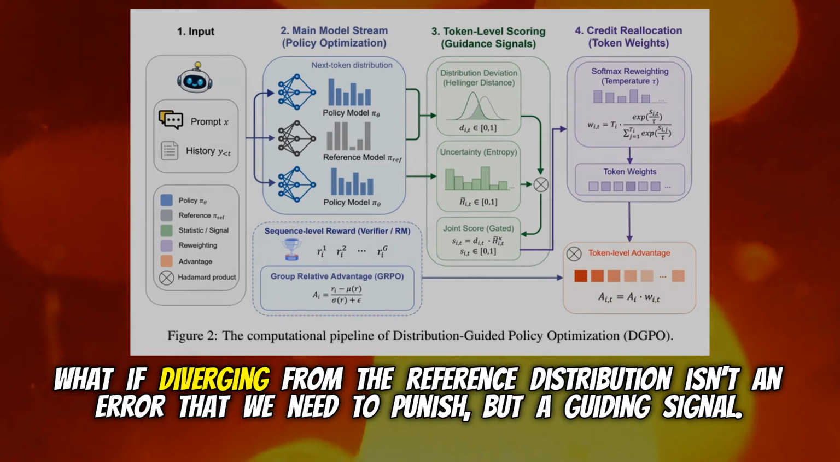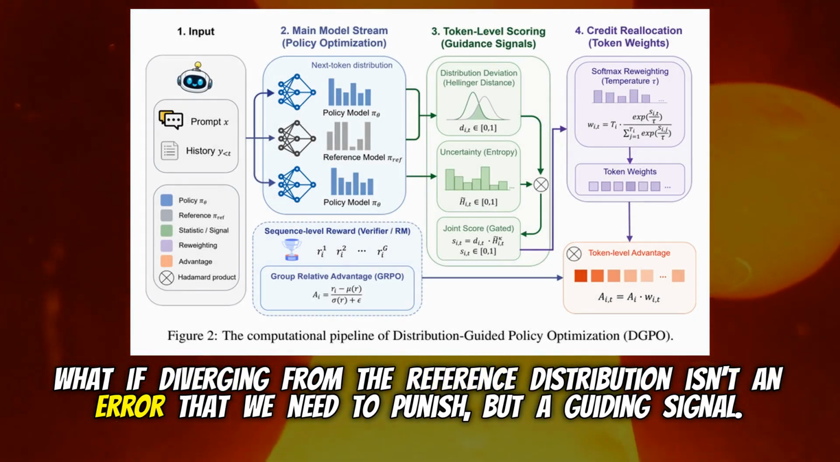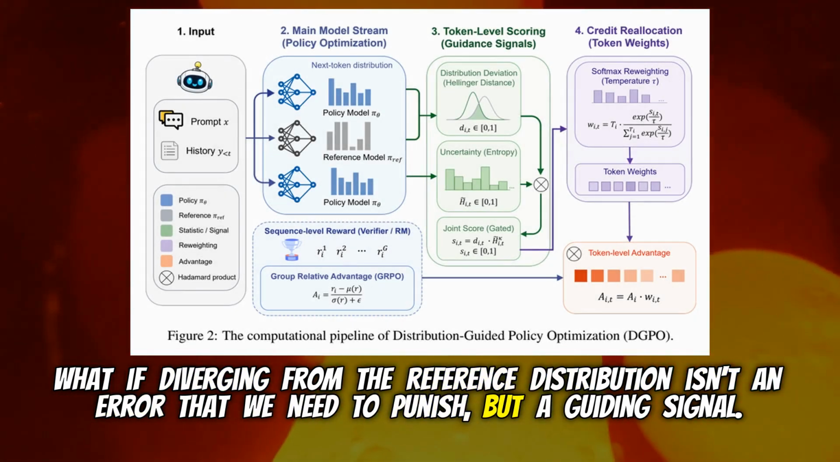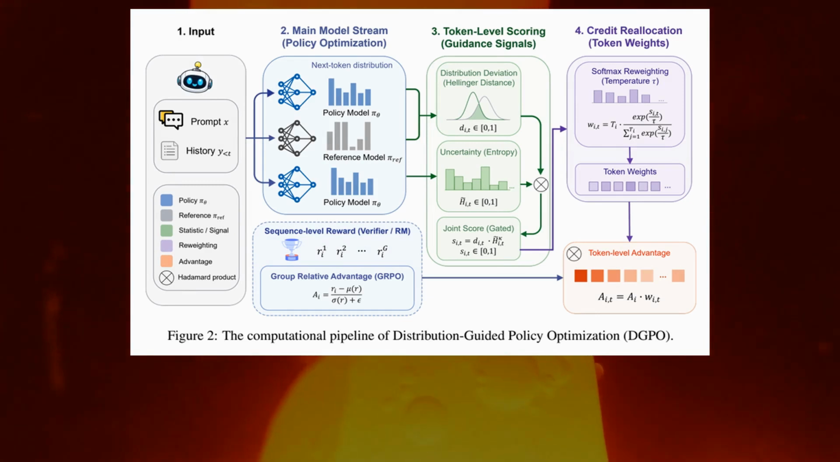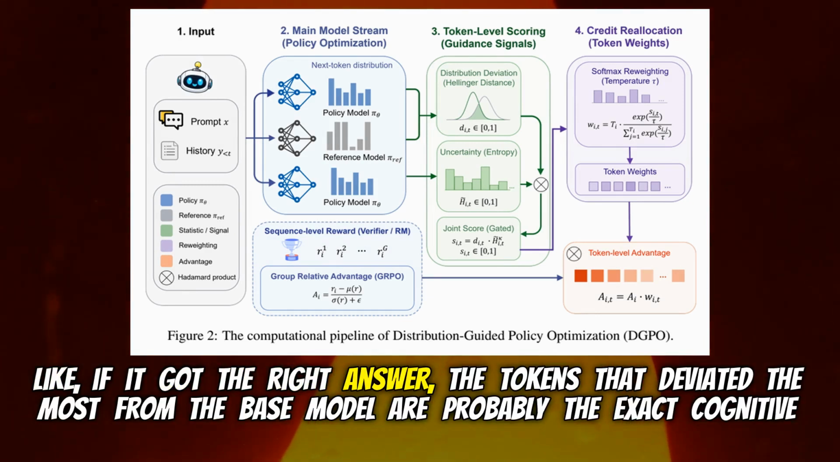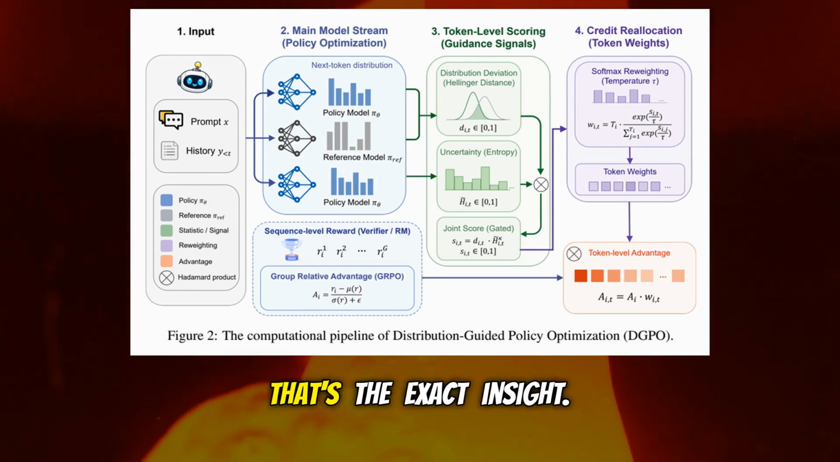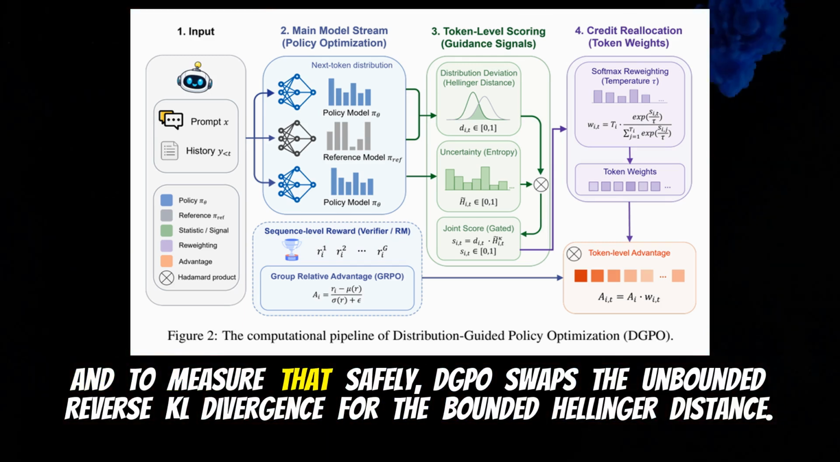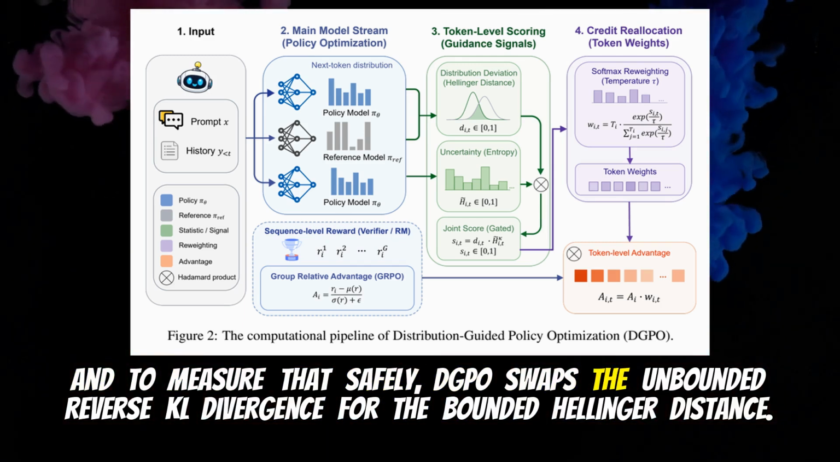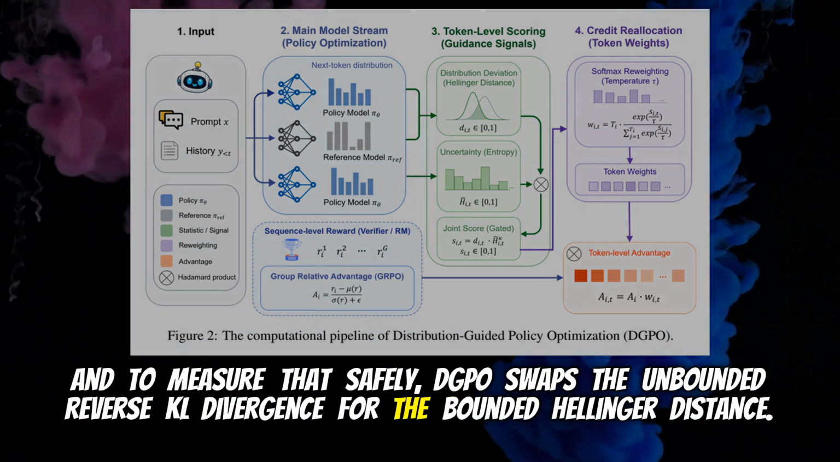What if diverging from the reference distribution isn't an error that we need to punish, but a guiding signal? Yes. Like, if it got the right answer, the tokens that deviated the most from the base model are probably the exact cognitive leaps that solve the problem. That's the exact insight. And to measure that safely, DGPO swaps the unbounded reverse KL divergence for the bounded Hellinger